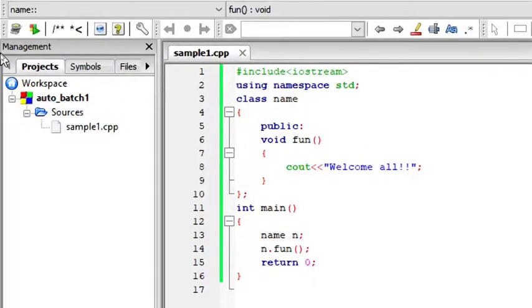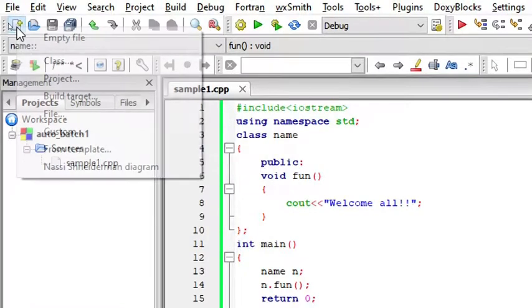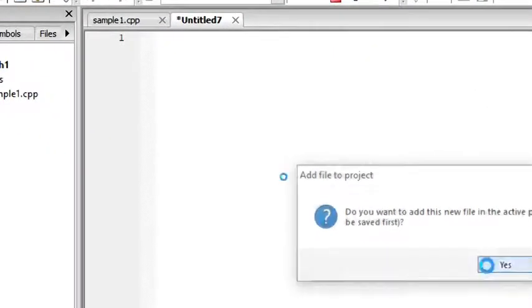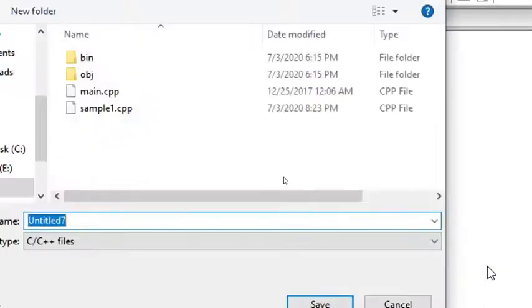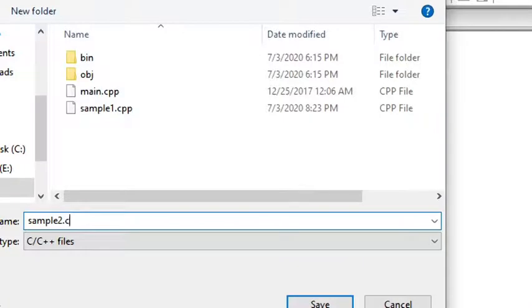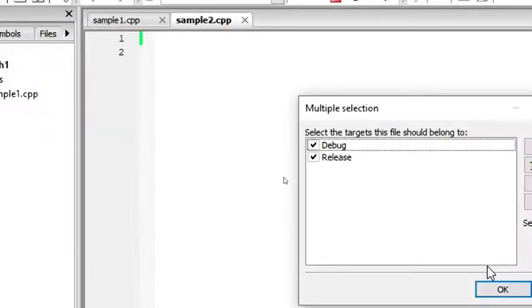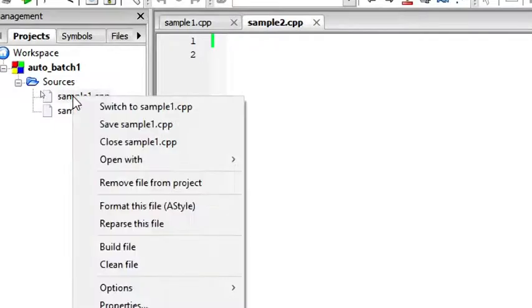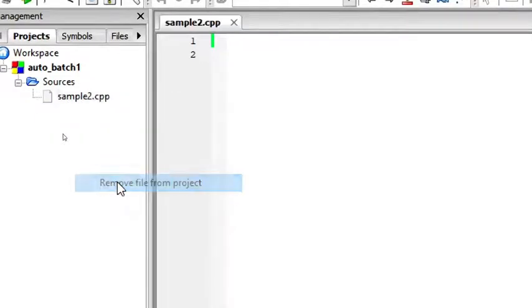So let me create a new file. So I want to save that. Let me give sample2.cpp. Okay. Now we have to remove the previous one, sample1, remove file from project.